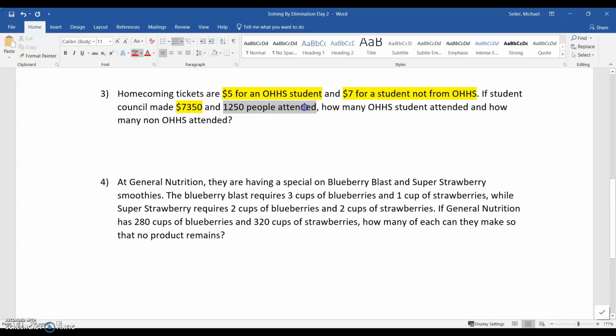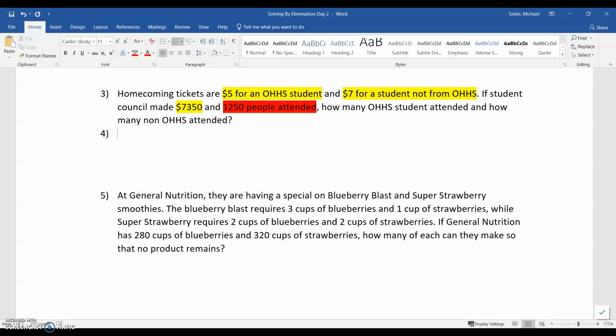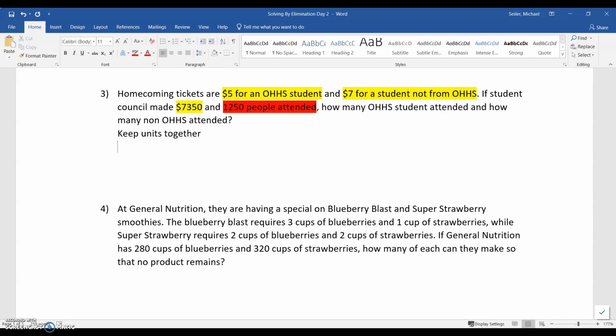Then I have 1,250 people total. Okay. So again, we're keeping our units together. Don't forget that. Keep units together. So the first unit we have is money. $5 for Oak Hill students, $7 for non-Oak Hill students,